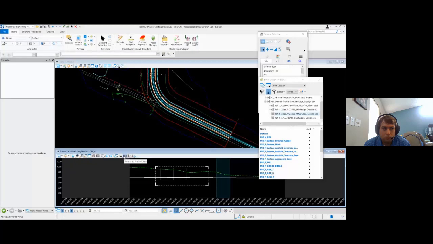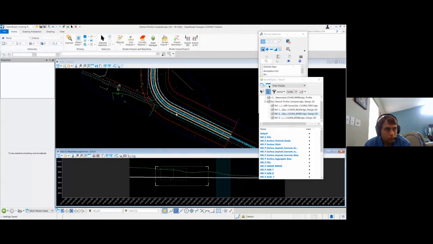So when you hit attach all profile views, it basically looks at all the attachments that you have on your design model, and it goes and looks to see if there's stuff drawn on the profile, and it will attach it. So in this example, I've created a utility file.